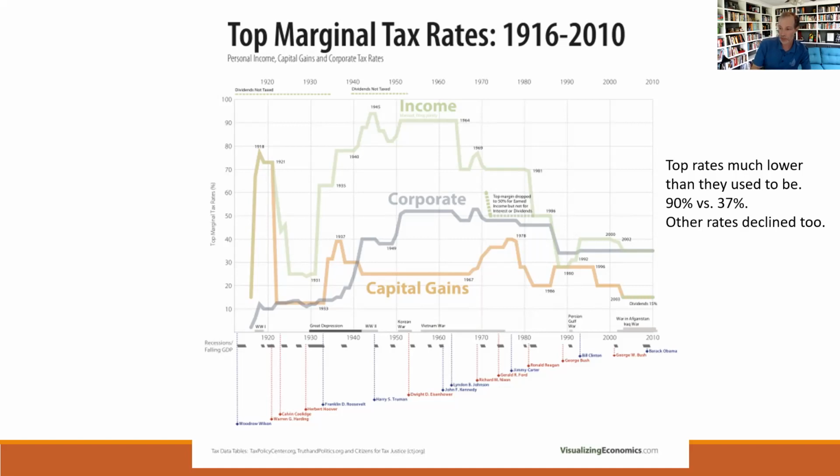That means they're getting to keep more of their own money. And you can think of that as a good thing, but we used to tax rich people more, and so people at the lower end of the spectrum did a little bit better. So there's the top rate. In the 60s it's like 90%, and today it's like 37%.